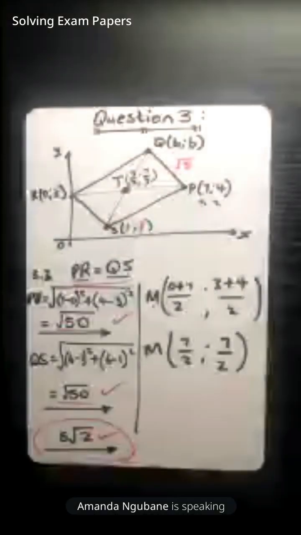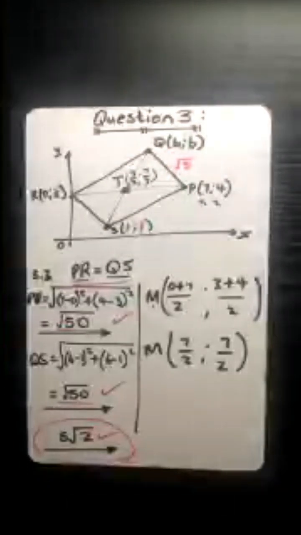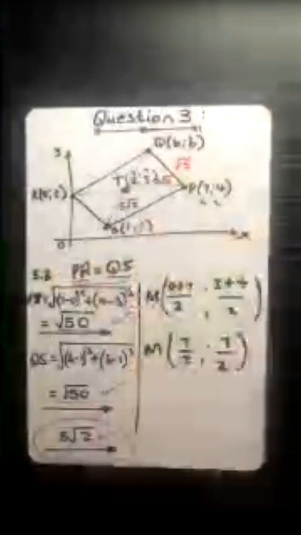Yes, sir, it does. Okay, 100%. So, with us having calculated that, what did we actually calculate, honorable members? We just calculated that from there to there, it's actually the same as from there to there, which is what? 5 root 2, and also that distance is 5 root 2. So I will just remove all of that and then we move on to the next